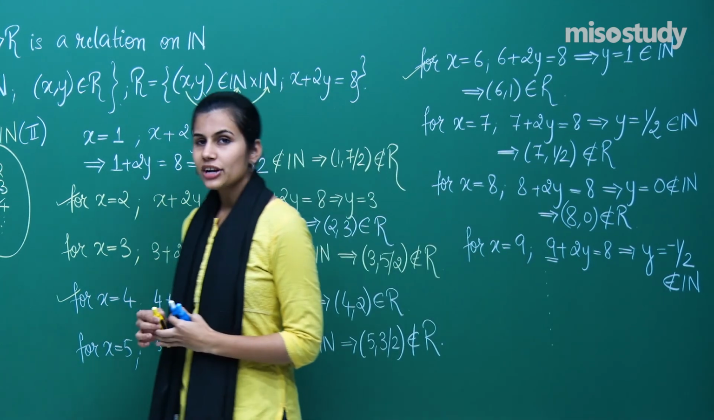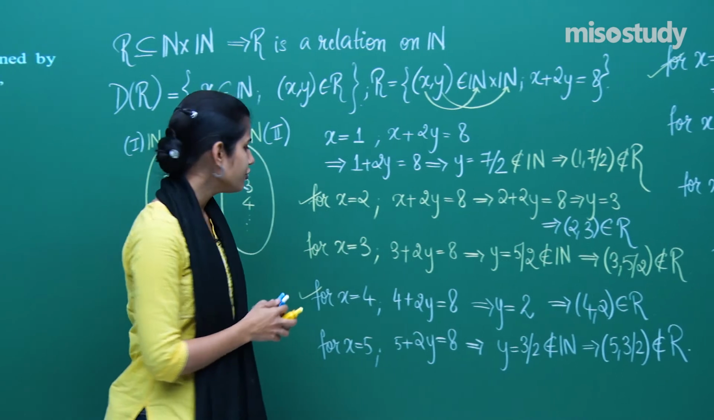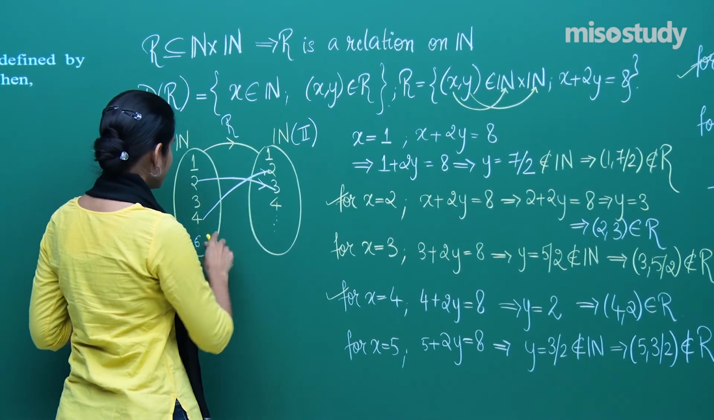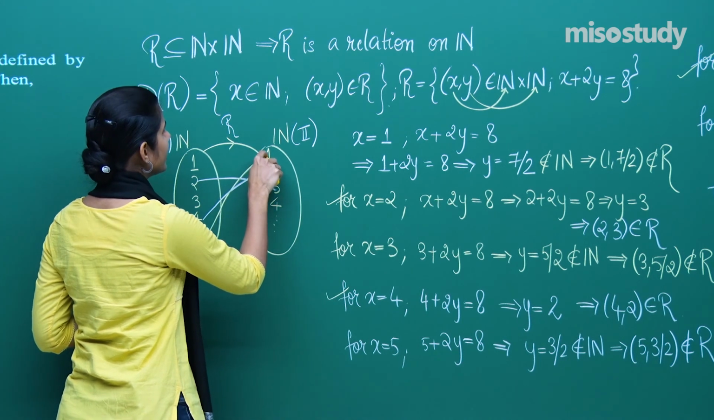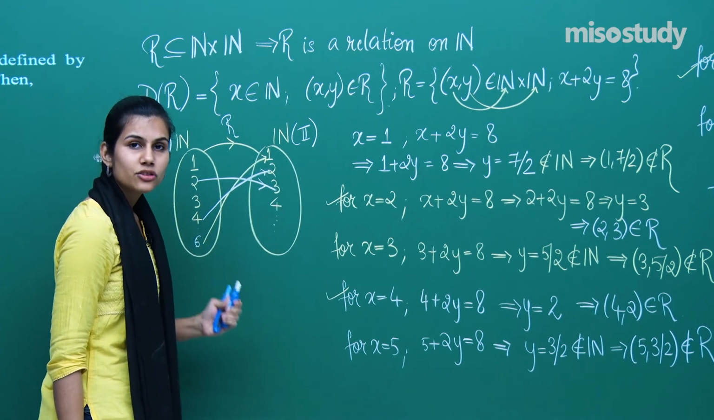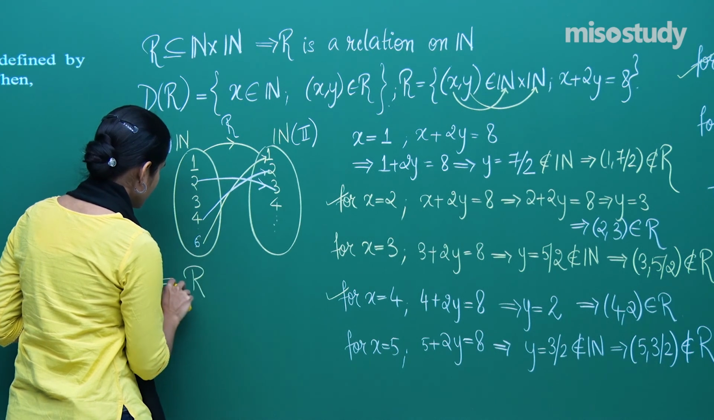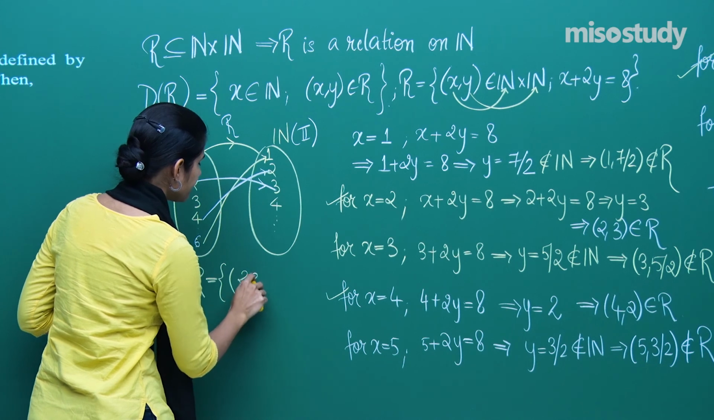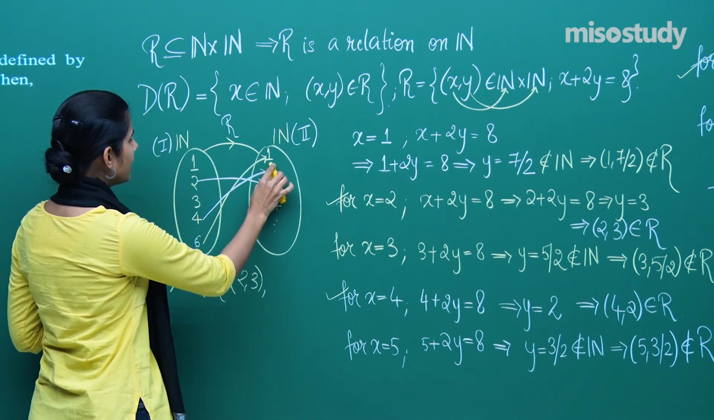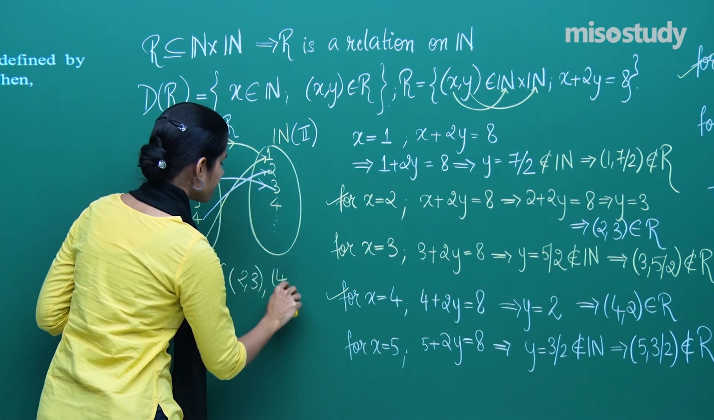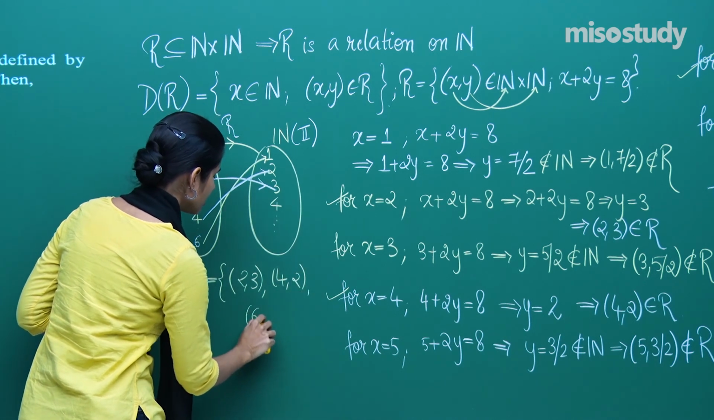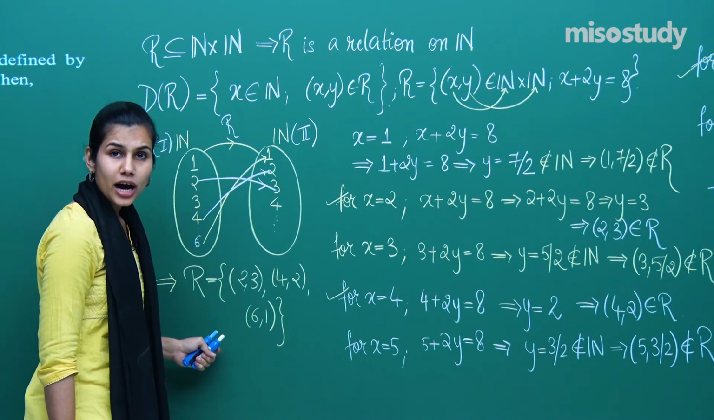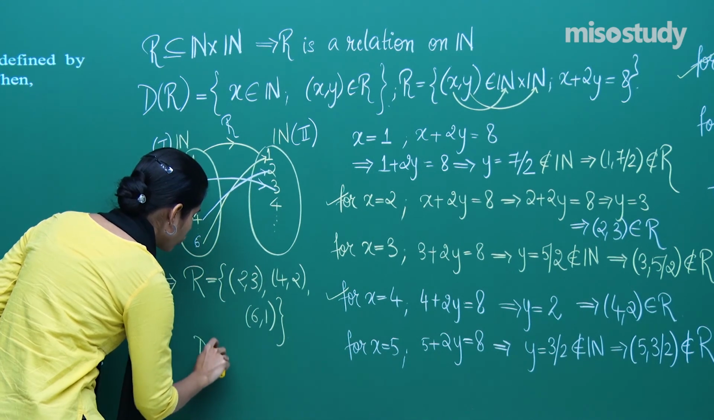So the arrow diagram in this case, if I try and draw with the help of the arrows, I get this. 6 in the end is just related to 1, and these are the only 3 ordered pairs sitting inside the set R, which are 2 comma 3, 4 comma 2 and 6 comma 1. Now that you have your R with you, what do you think is the domain of R,